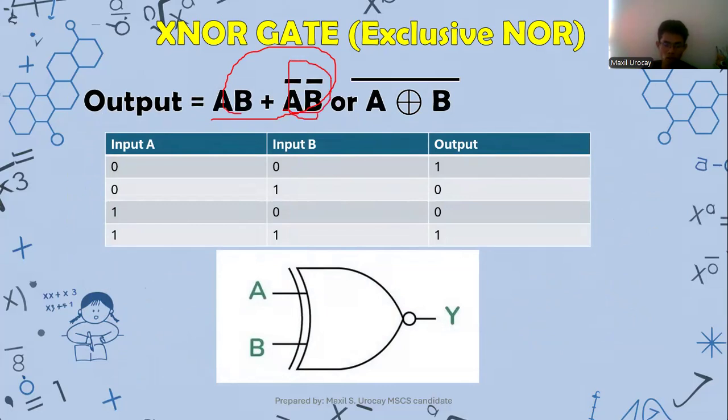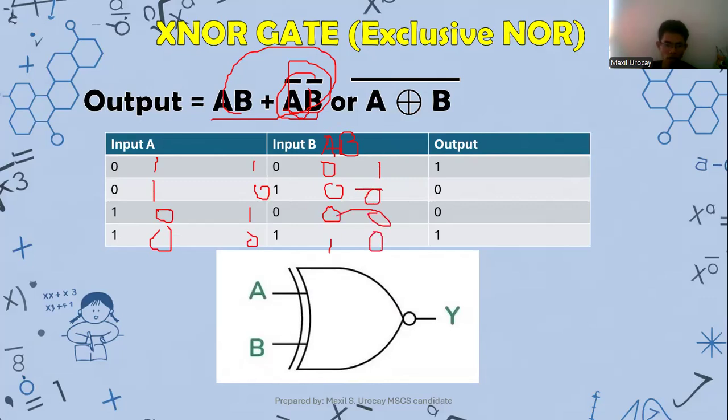So AB, let's try to work. This is actually A and B. So we'll multiply that one. 0, 0, and 0 and 1. This is for AB. Now for the A inversion 1, 1, 0, 0, and for inverted B, 1, 0, 1, 0. So therefore we'll begin to multiply them. 1 1, it's gonna be 1. 1 0, that's gonna be 0, 0, 1, 0, and then 0, 0, 0.